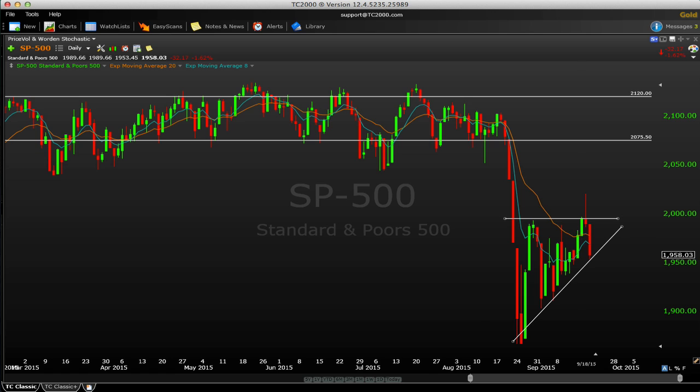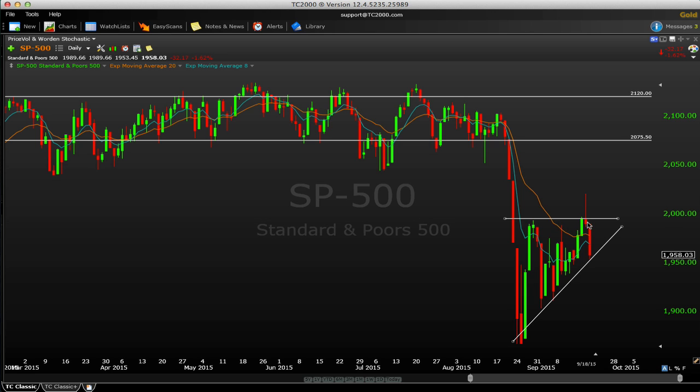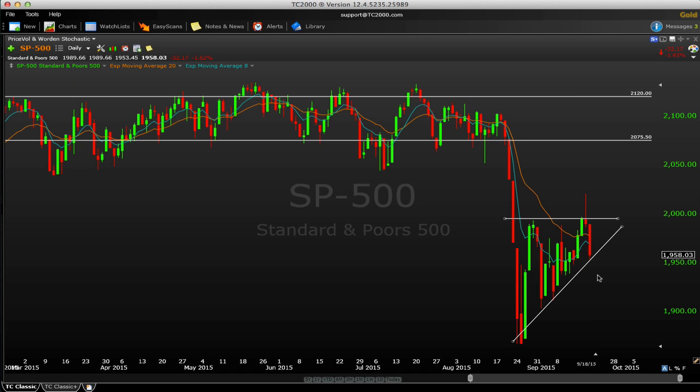So what happened was Wednesday we traded into it, we closed above it, looked constructive. Thursday we traded all the way back up but couldn't quite close above it. We couldn't get above Wednesday's high, and the market closed slightly red on the day, and then Friday followed through to the downside. So that brought us back to the trend line.